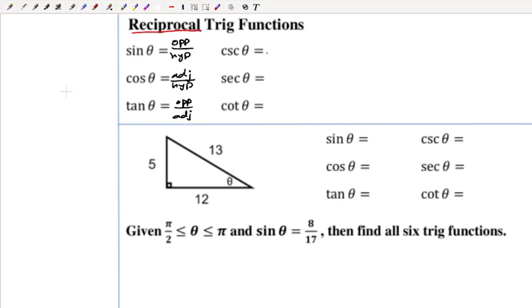Remember that reciprocal just means flip the function over. If you had a fraction 3/4, to take the reciprocal, we raise it to the power of -1, flip it over, equals 4/3. If I have a whole number, something like 2, the reciprocal is flip it over, 1/2. So the way we've got these lined up right now, sine's reciprocal